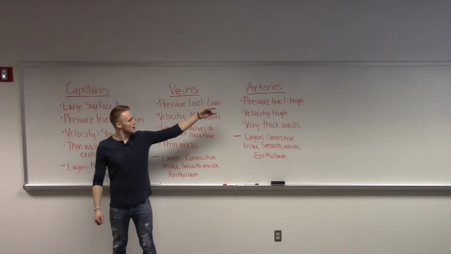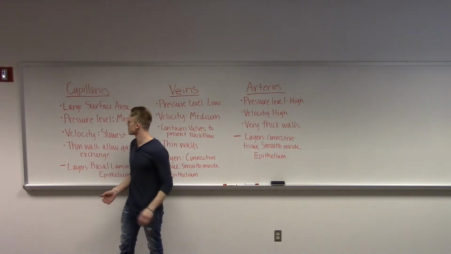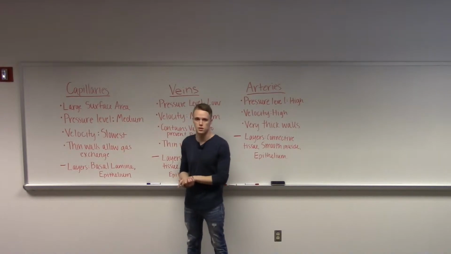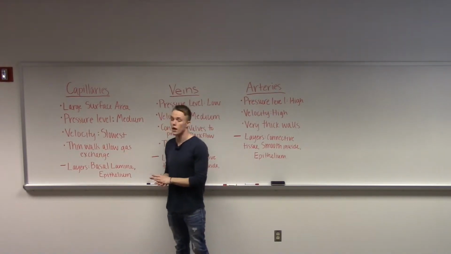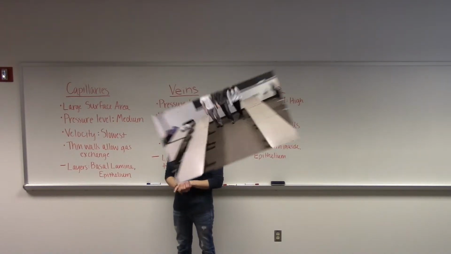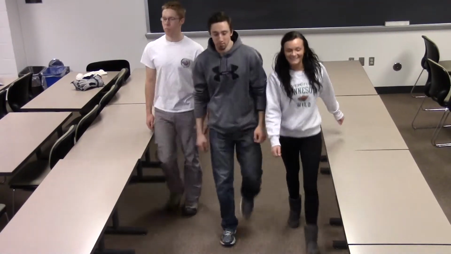Capillaries are the bridge between veins and arteries. They have a very large surface area. As you can see, the pressure level is very medium. Velocity is the slowest. They have thin walls, allowing gas exchange, and the layers are basal lamina and epithelium. In arteries, the pressure and velocity of the blood is so high that there's no time for gas exchange to take